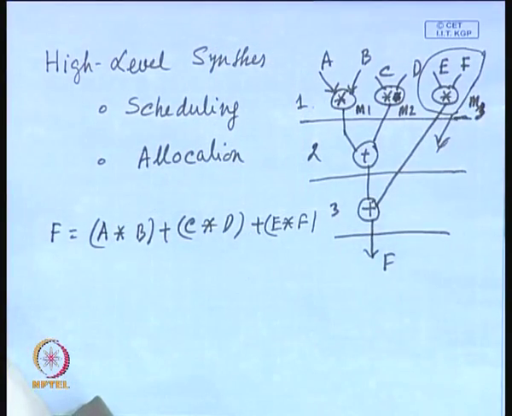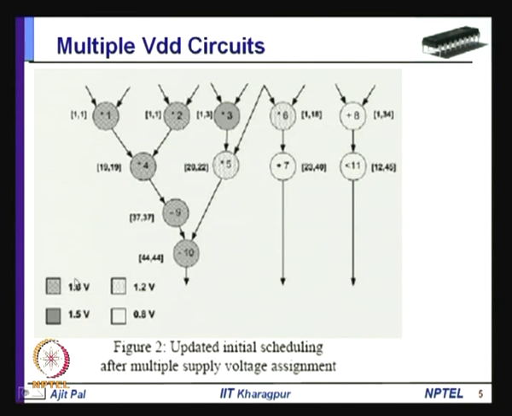library you must have macros which will operate at two different voltage levels. That means they are optimized for different voltage levels. One can operate at VDD-H, the high voltage level, and another can operate at the lower voltage level VDD-L. It is not necessary that they will have only two voltage levels; you can have more than two voltage levels as well. For example, in this particular case we have the choice of 4 different voltage levels: 1.8, 1.5, 1.2 and 0.8.